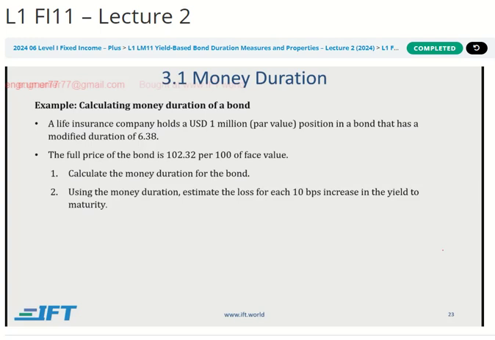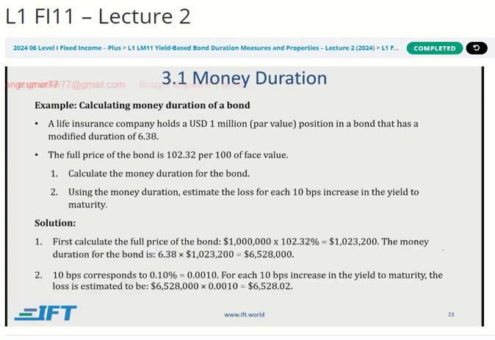Right, so hopefully you were able to do it. First, you have to calculate the price of the bond. It's 1 million trading at 102.32, so that makes it 1.0232 million, right? And that multiplied with the modified duration gives you the money duration. Now again, the money duration number is very big, 6 million, compared to a bond which is worth a million,